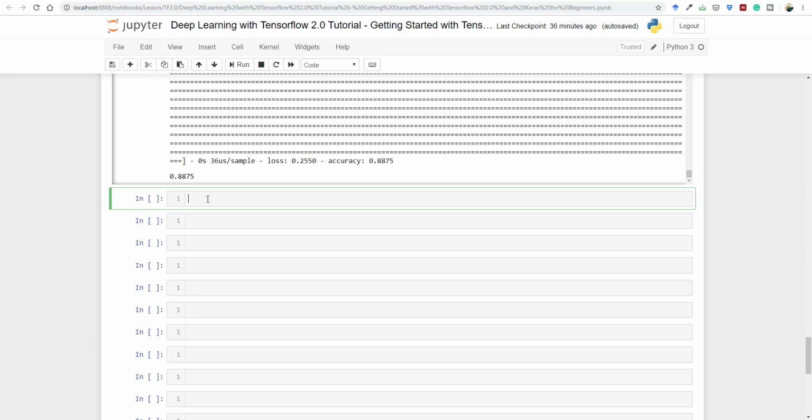Now let's go ahead and do the prediction with sklearn as well. So what we can do here is from sklearn.metrics import accuracy_score. Now we need to first get the y_pred as well, so y_pred is equal to